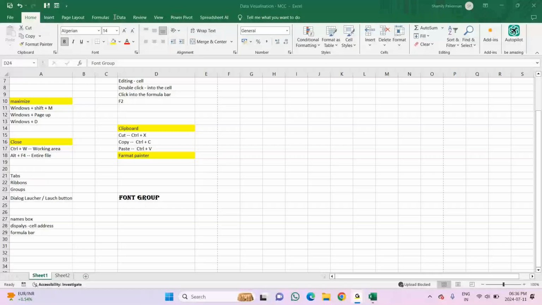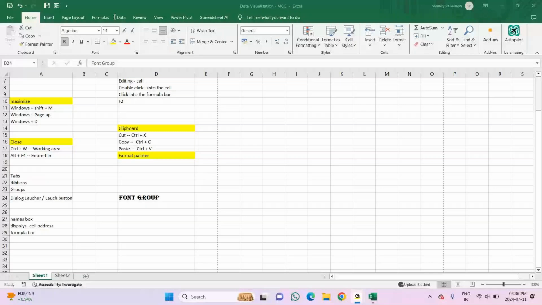Now it has been applied, right? So font group and clipboard. See, I just used the same thing. I just copied it and pasted here. Suppose I'm again copying this format painter and I'll apply here. So it is working. See, however you want, whichever headings you want, you can use the format painter and apply it to whichever place. It will be applied wherever you are going to use it.